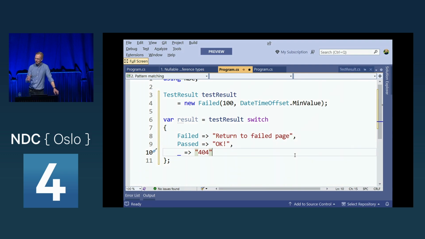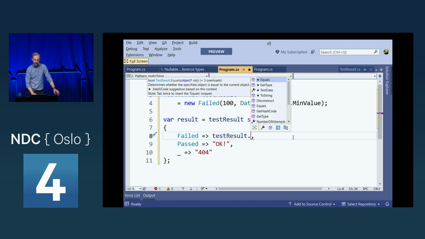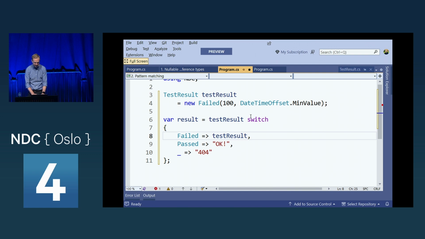Right? But what's interesting with the discard, let's say that this here was from a method call. I have the object here, so of course I could access the properties of test result, in this case here, but sometimes you might not have the variable. And as I said earlier, test result here, we don't know if this is an object or not, so let's say here, I'm going to get the test date. I can do that because that's available on this type.